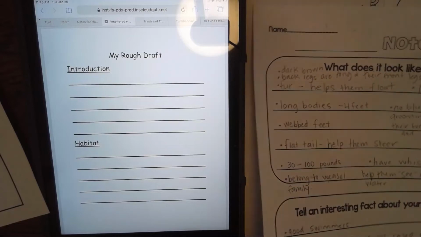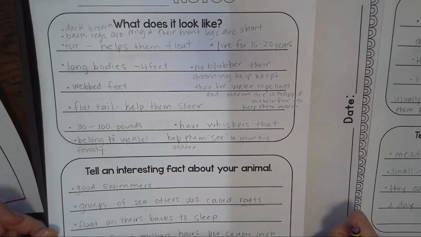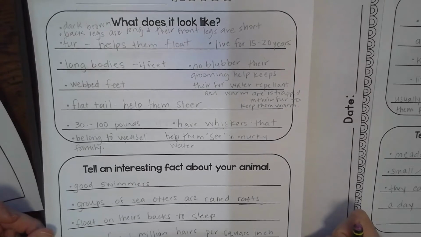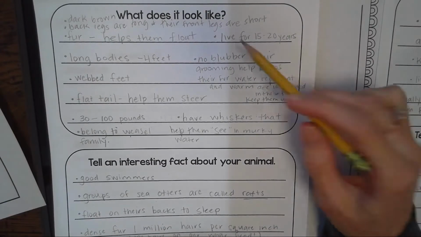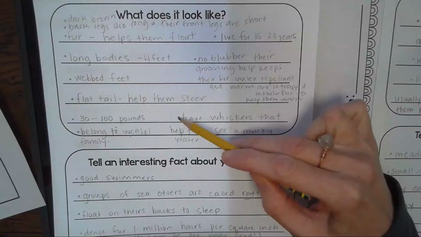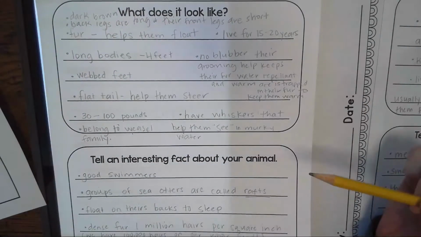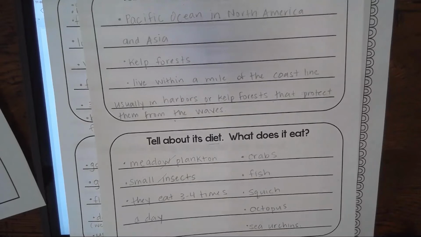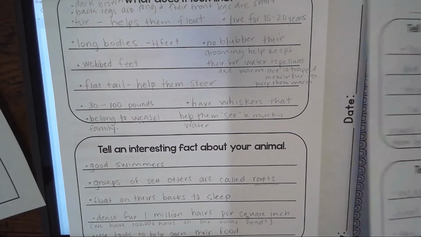So since we visited last time, I've added a few more things to my notes that I found when I continued my research after we met. My notes are kind of messy, which is okay. But you can see that I use little bullet points. So each little dot here is a different fact that I found out. Okay, so when I go to write my rough draft, I'm going to use those dots with my facts to write my sentences. My notes are not in complete sentences, so that's what we're going to work on right now,